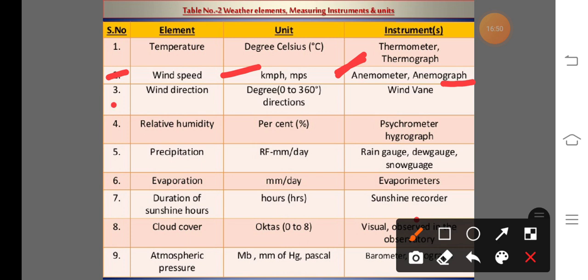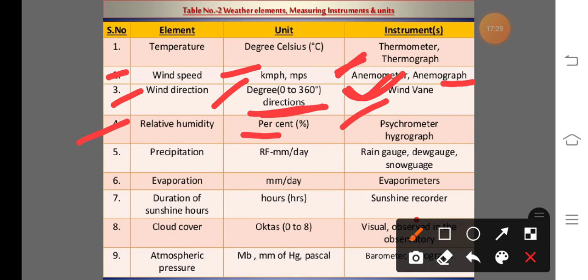Next one, wind direction. It is expressed in units of degrees, that means 0 to 360 degrees. It is also expressed as a direction. This wind direction is measured by using the instrument wind vane. Next one, relative humidity, having unit percentage, and this relative humidity is measured by the psychrometer or hair hygrometer,